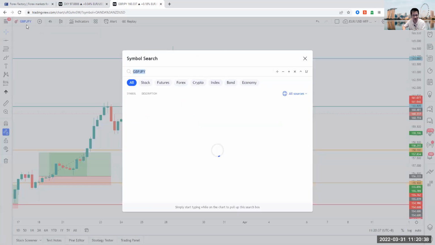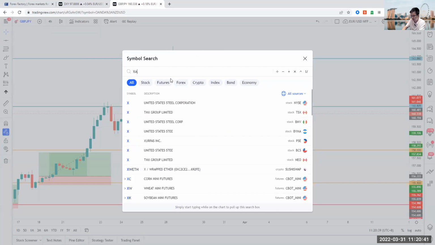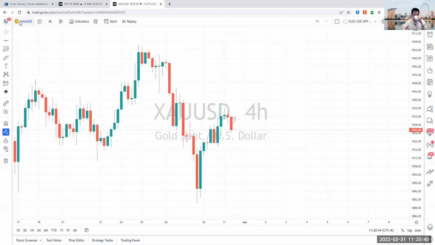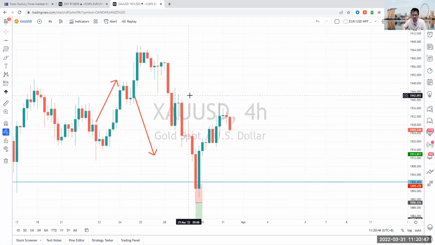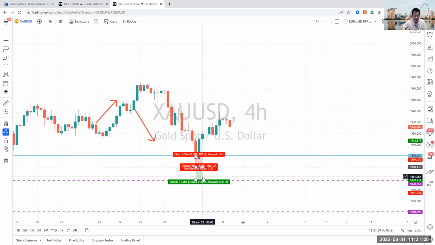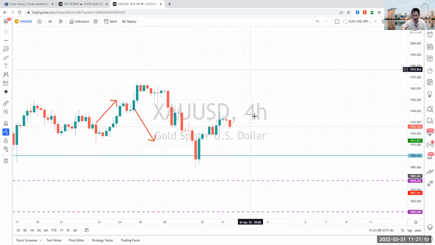With all that said, what could happen on gold? For gold, we were looking at this. The last time we spoke about this on the H4 time frame, I was saying that it was reacting to this 1900 level. And if it does break below 1900, you can look to sell it down towards the 1879. But it didn't happen, right? It didn't break below that point. So I'll take that line away.